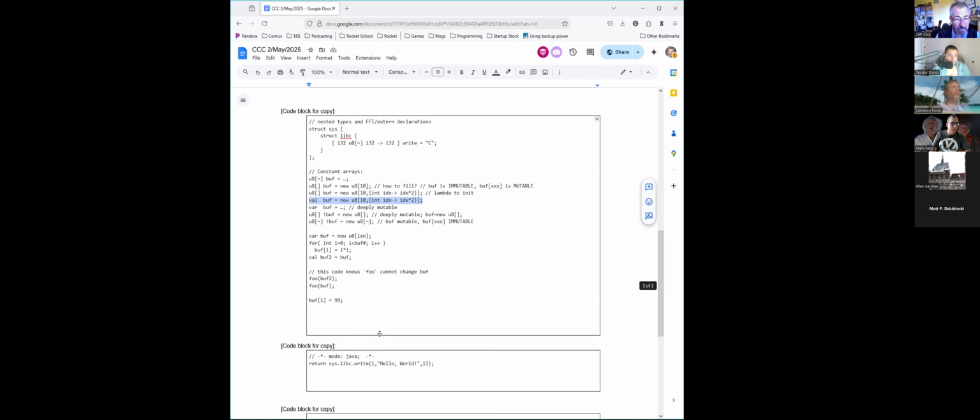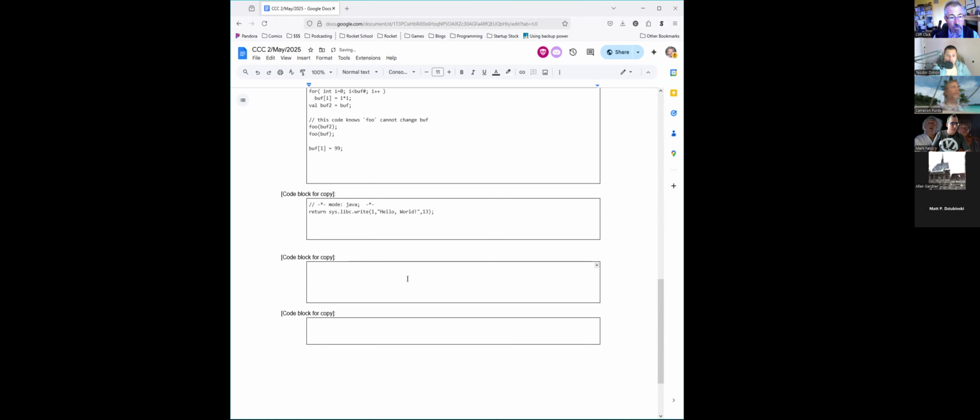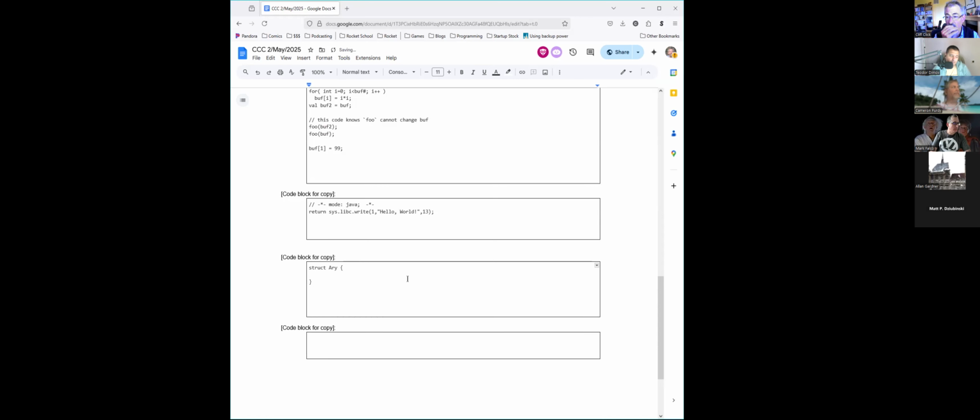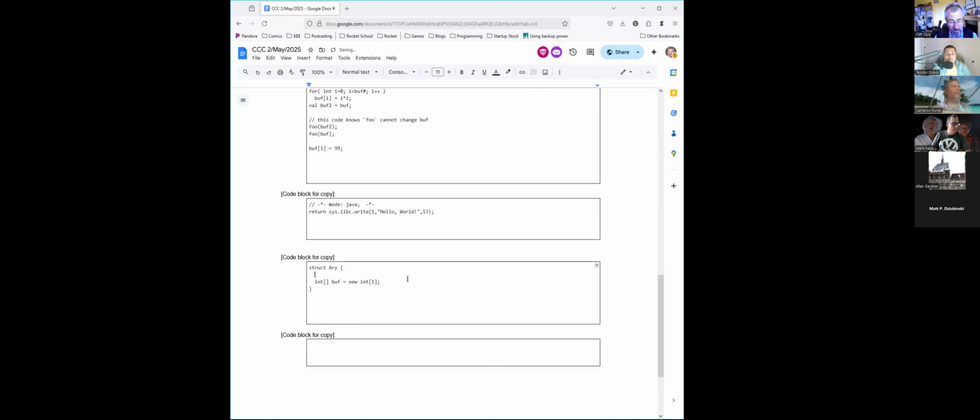So I don't have an instance of that lying around, so I can fake one on the fly, but it'll just be faked on the fly. Struct, I don't want to say array, think array list here. And I want to have an array that's inside. I want it private to me because I can hand out the mutable version with the getter. So I want an int array. It's a collection of ints here, which is going to be my buff, new int. I'll give it initial length here. I'm going to have an int, whatever, length, which is my capacity, which if I don't initialize comes to 0.